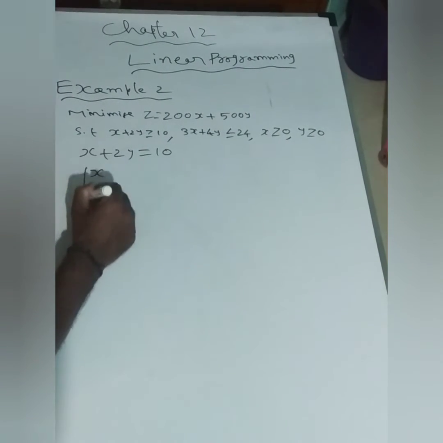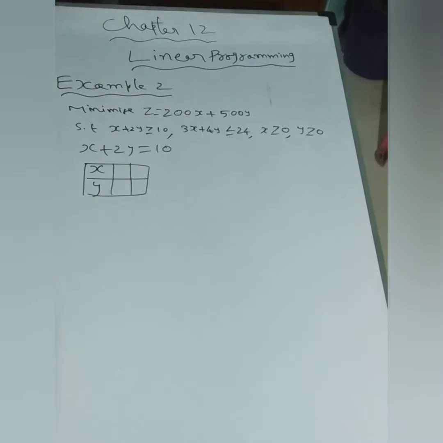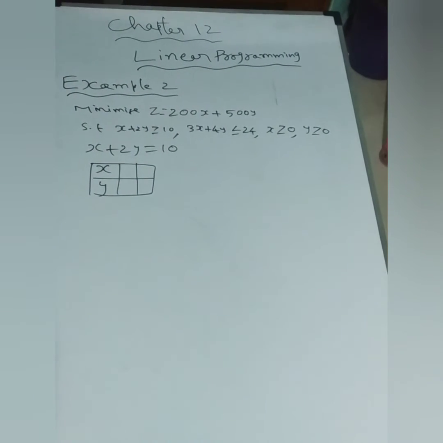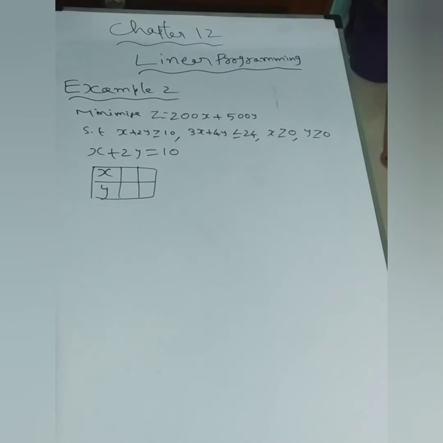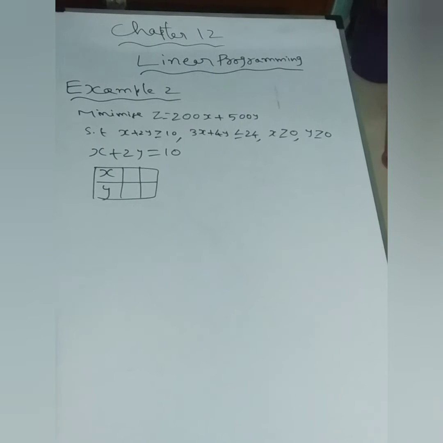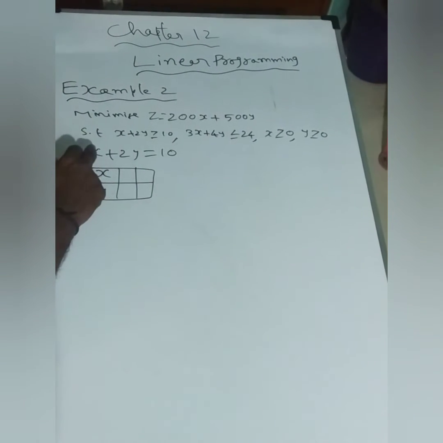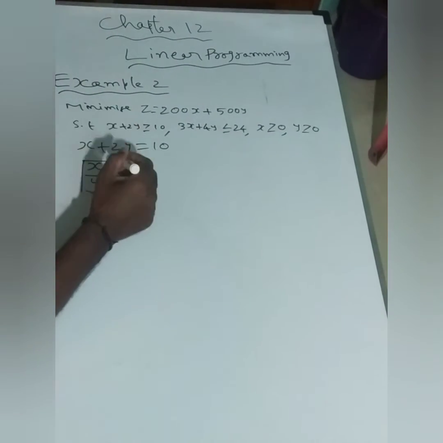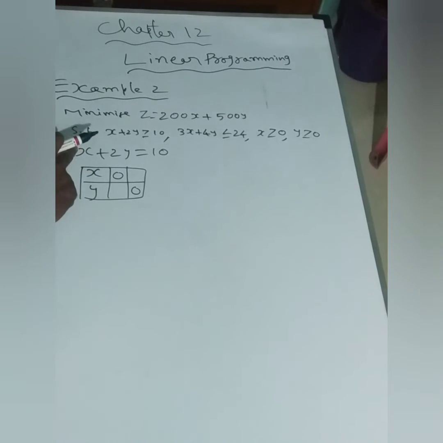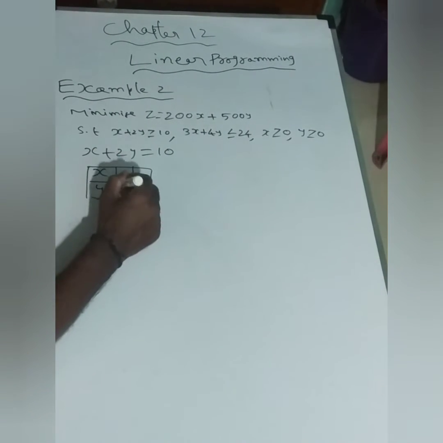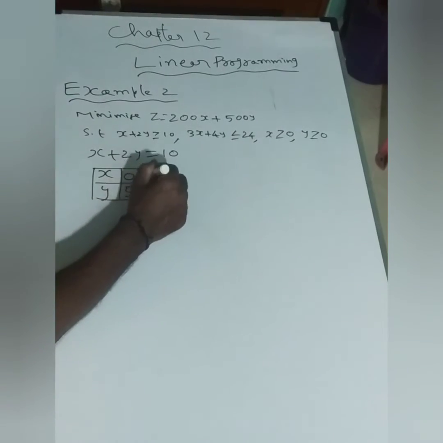As we know from the last video, if any one of you did not see that video, please go through that video. Anyway, I am telling one more time the same concept, how we have to apply it. We have considered the equality. Let us take x and y in the table. If I take x as 0, 2y = 10, so y = 5. If I take y as 0, x = 10.